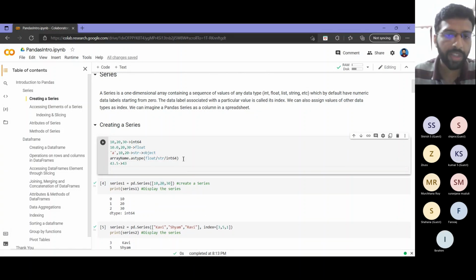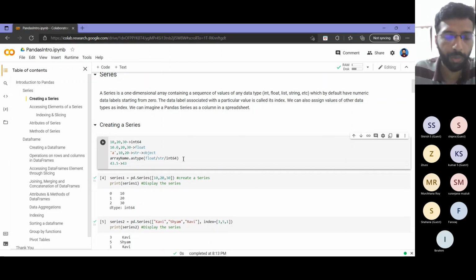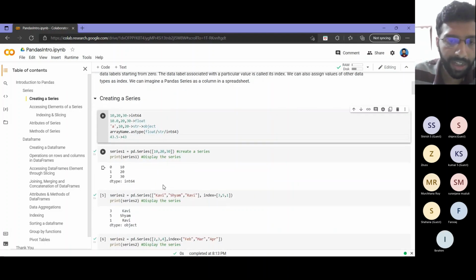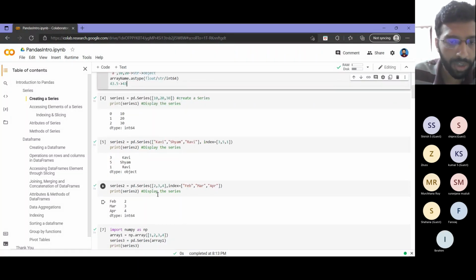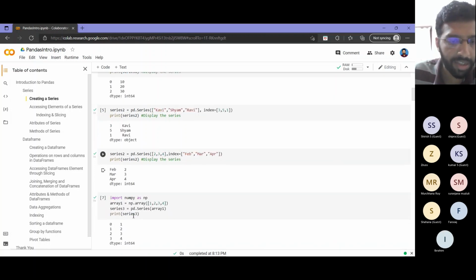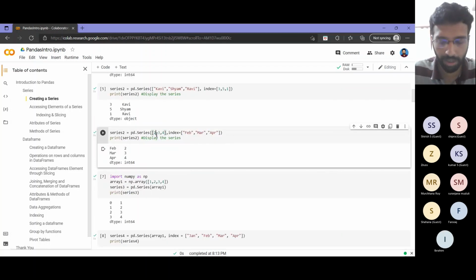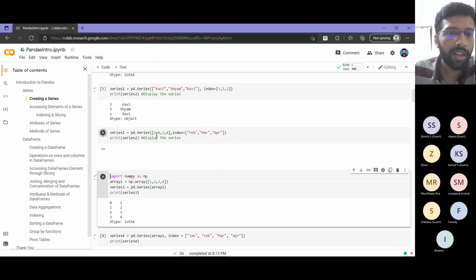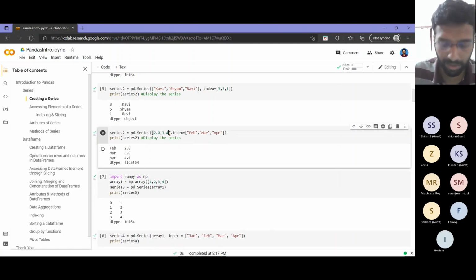So that corresponding typecasting will happen automatically by the interpreter. I hope that is clear. So basically here we have string types, because of that the data type is object, which is string. And here we have 2, 3, 4, because of that the data type is int64. Now suppose I had 2.0 here, the data type will be float64. And had one string also been there, A.